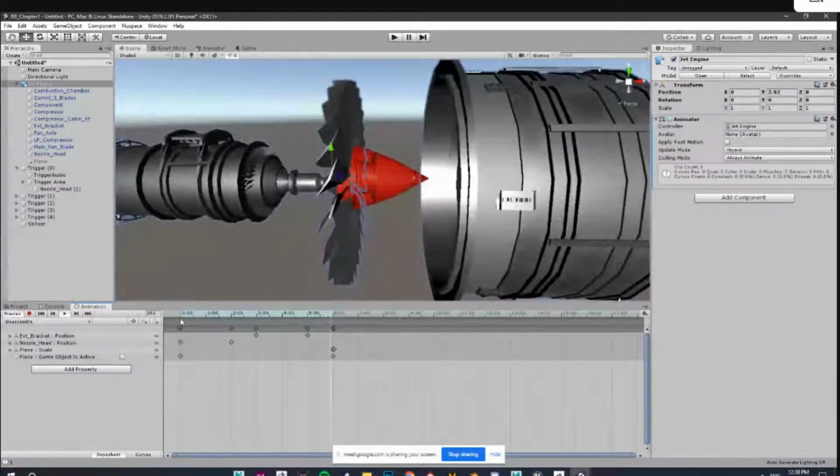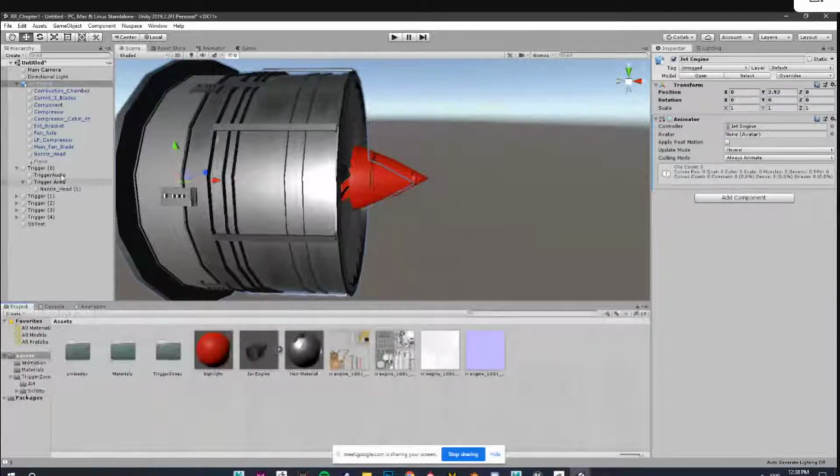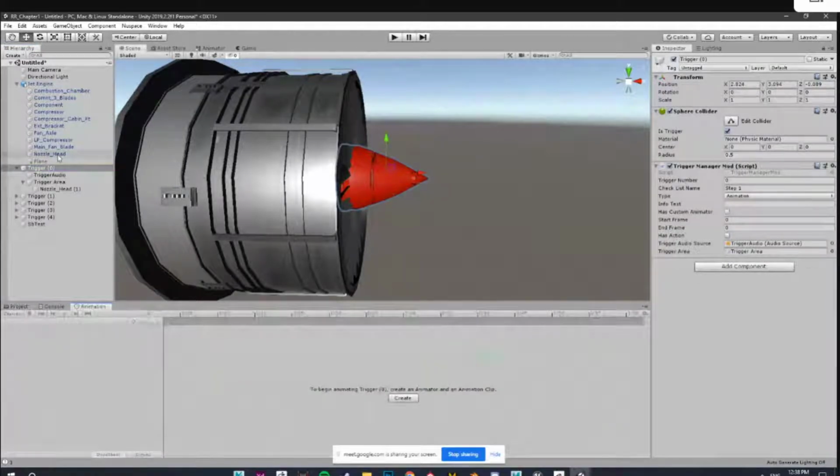But now when we click on trigger, over here we have to keep a start frame and end frame. When we keep a start frame and end frame, it will only play for that particular range, and it won't fade from here to here.